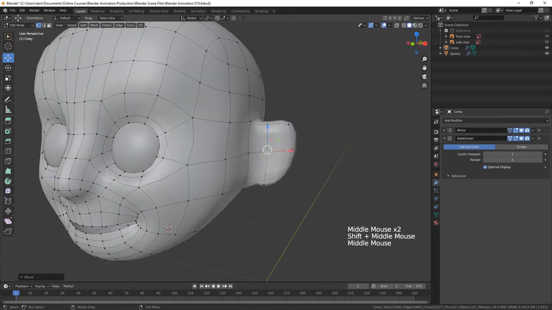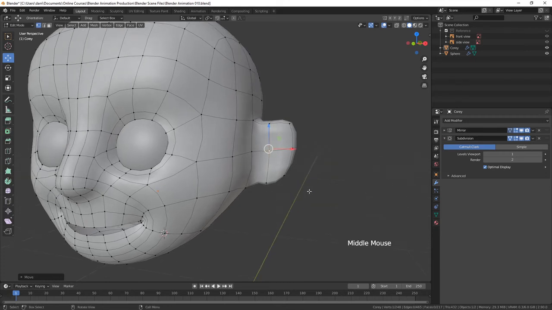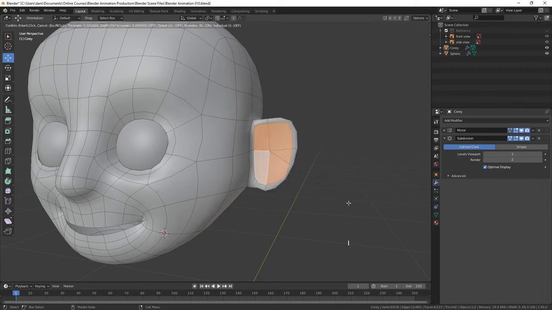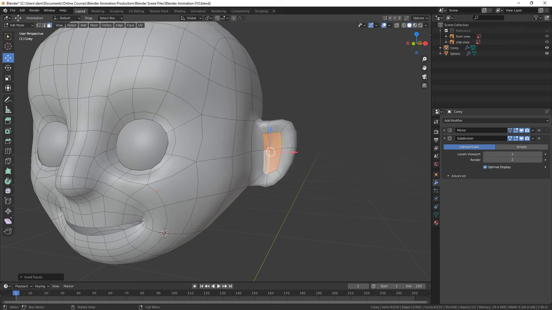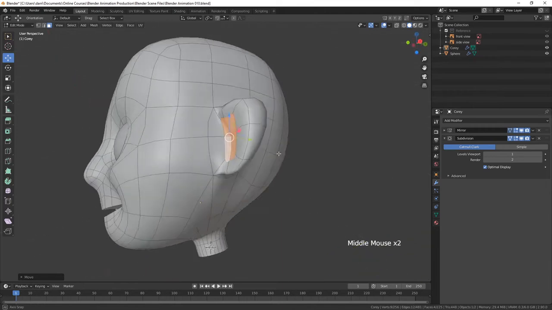Now let's add another extrusion here, and to do that, instead of hitting extrude, I'm going to use the inset faces, and that's right over here. It is inset faces. You can see it's the I key for the shortcut. So what I'm going to do is go back to face mode with the 3 key and select these 4 faces here, and I'll hit I, and then I'll just push in like this. All right. Now I'm going to bring it over to this side a bit,